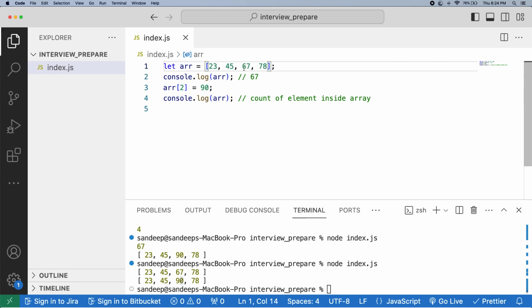So always 3 means it will be 0, 1, 2, 3. So 3 is positioned as 78. So like that we can access the array element. Okay, and now if you want to access the entire element, now see, if you want to print all the value,